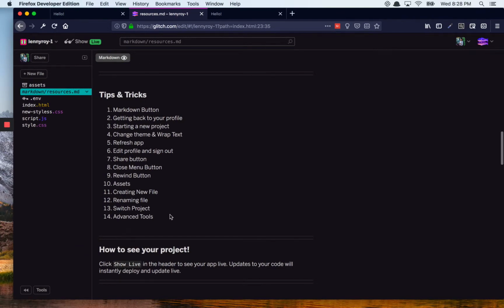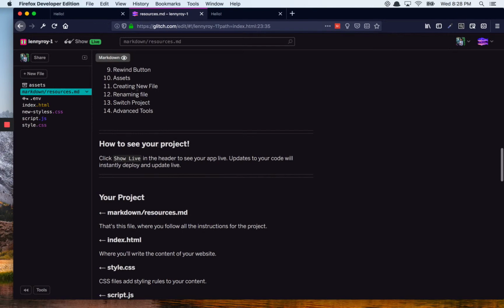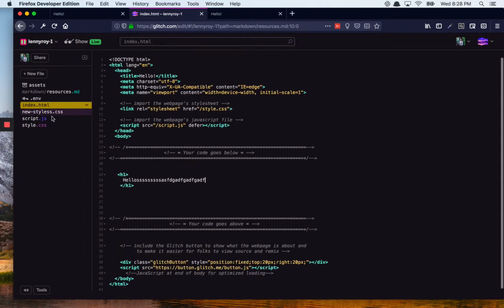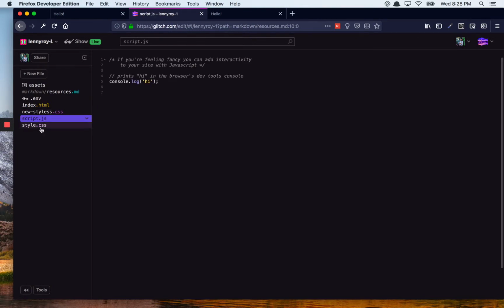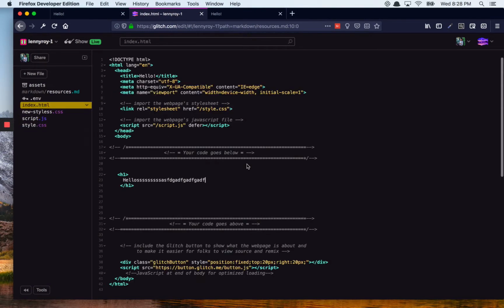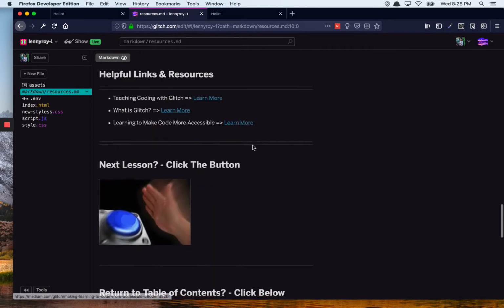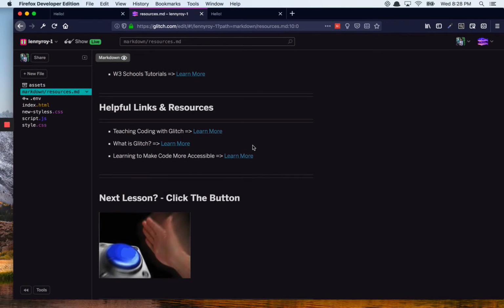Switch project and advanced tools, all that will come with time. The real important stuff is this button right here where you can see your project and then knowing the individual files and where to work with them, which I'll let you all know in each individual lesson. And that much wraps up everything you need to know about Glitch just to get started, but I included some supplemental material here for you to peruse, including some information about the